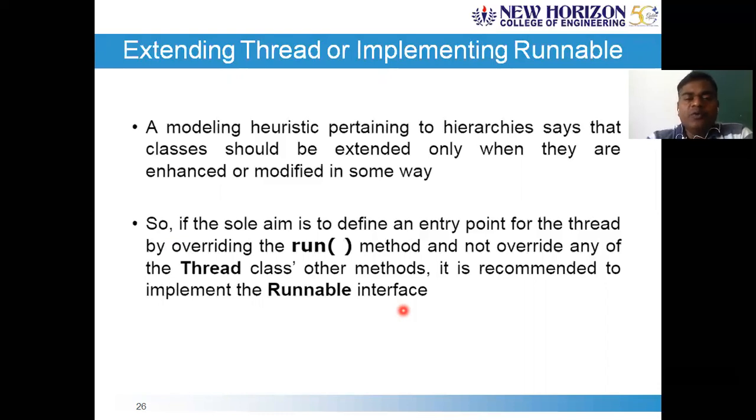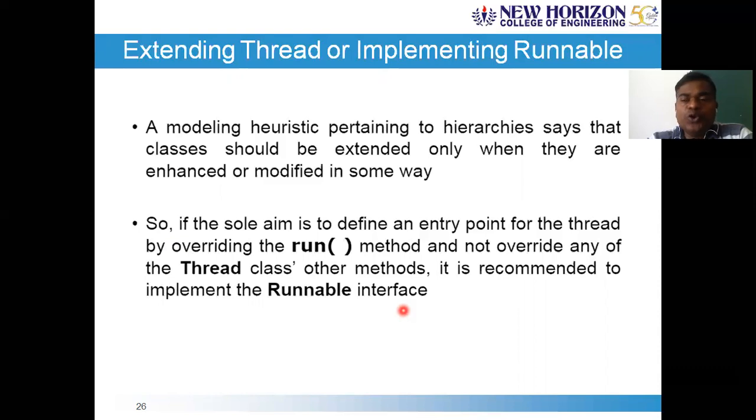I'm now able to define what is meant by Java's single thread model and Java's multi-thread model, which is nothing but concurrency in Java, and Java's programming support for the creation of threads, which can be done in two ways. One is by extending the Thread class, and the other is by implementing the runnable interface.